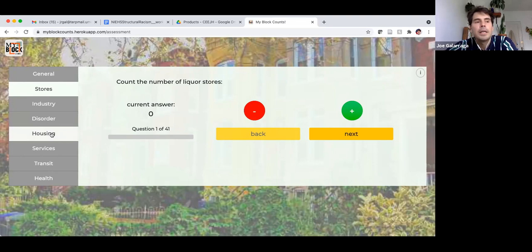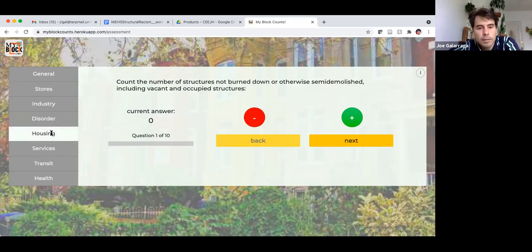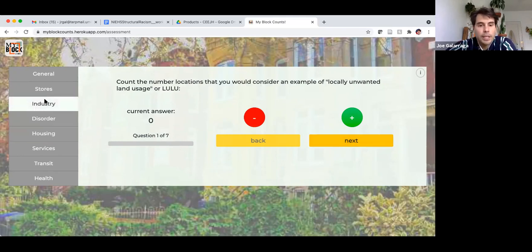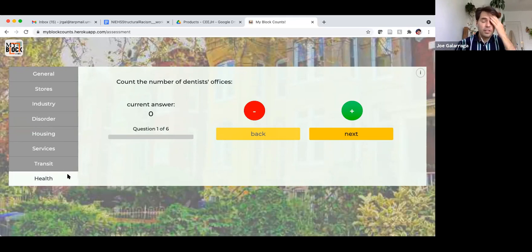So if you think that the area where I live has poor housing stock in comparison to an area that receives way more investment, et cetera, then you could use these questions here. If you are concerned about a polluting industry, only 7 questions here, et cetera. So I'm going to just do this health section in the last 5 minutes that we have.